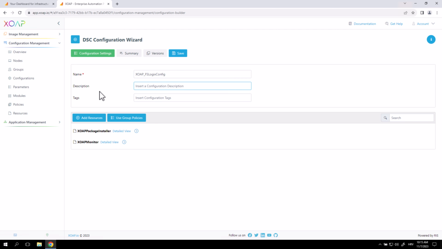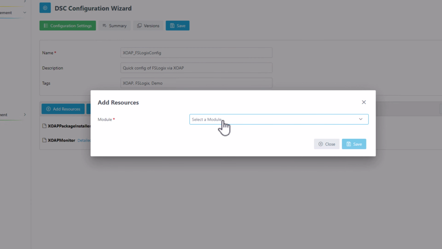You can specify the configuration description, and you can add tags if you want. Okay. So to create a quick configuration, click on the plus, click on the add resources sign, select